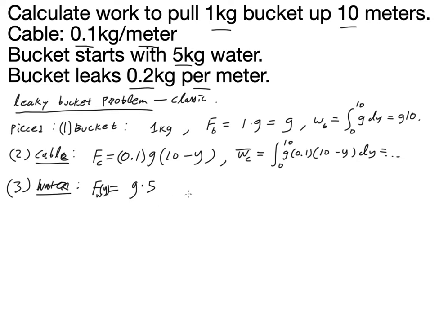So, of course, that's the 5 kilograms right there. But now what we have to do is take away how much is being taken away per meter. So we take 5 kilograms to start with, but we're taking away 0.2 y kilograms that are leaking off. So this is our leak, the leak at every point